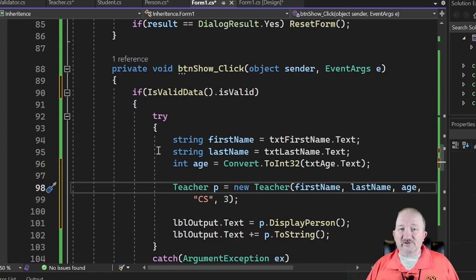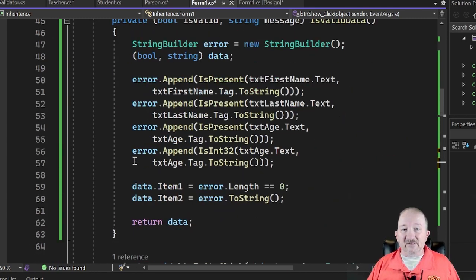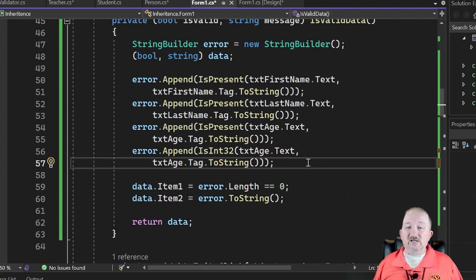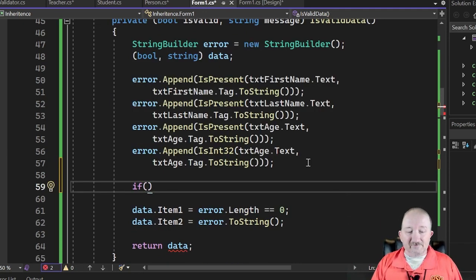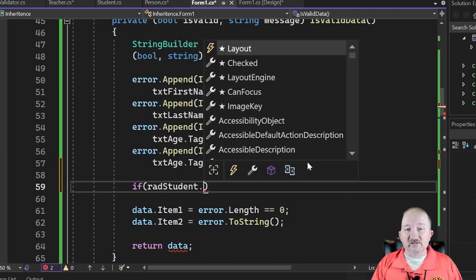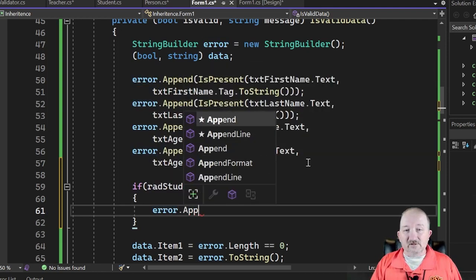So the first thing I'm going to do is come up here and make sure in my isValidData method that I am checking the information that is there, that is the important information. So the first thing I'm going to do is say if radStudent.Checked. So if the student radio button is checked, that's the only thing I want to check right now, is that information. And we're going to say error append